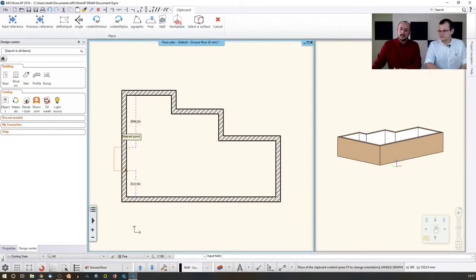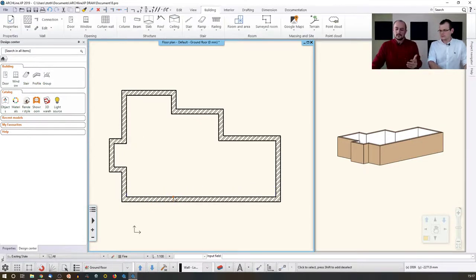Now, I know that this little orange corner point that I can see on the screen is exactly 2,300 millimeters from the corner. So instead of trying to find that value, I would not recommend doing that. You just move your mouse to the position wherever you wish, and then you just start typing. Each and every time you would like to use a specific value, always type it, because that will result in what you would like to create. So this is how you do that. And then this command just keeps running until you say escape,